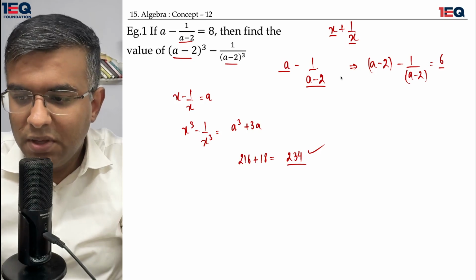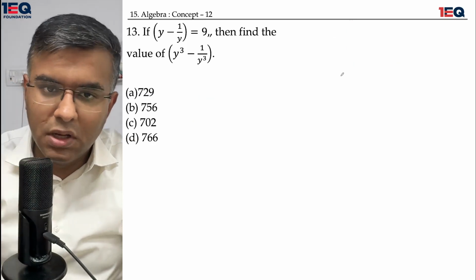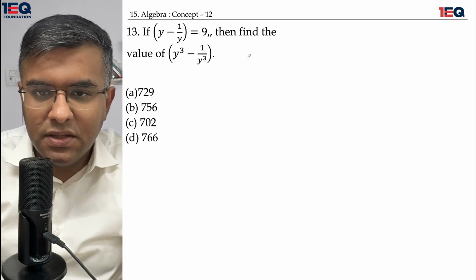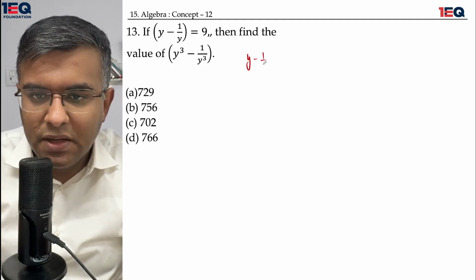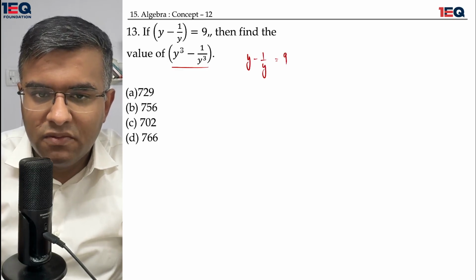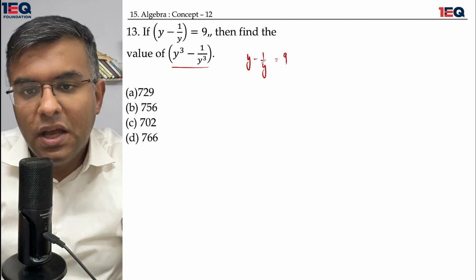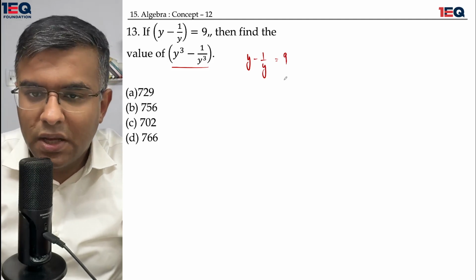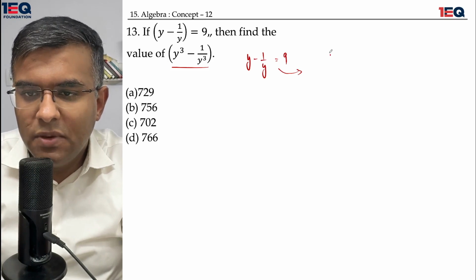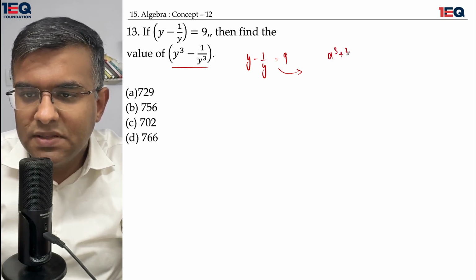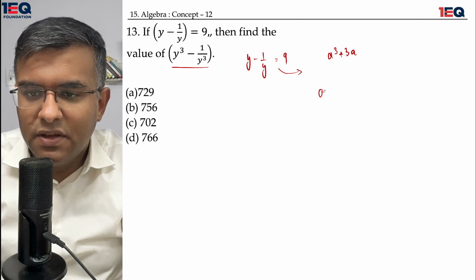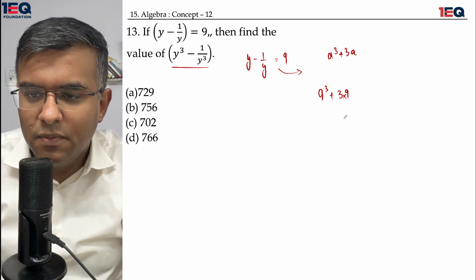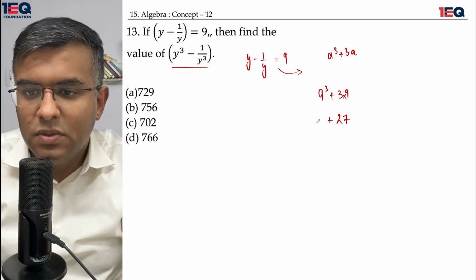Okay, let me move on. Now talking about this simple question, if the value of y minus 1 by y is equal to 9, then I need to find out the value of y cube minus 1 by y cube. I have y minus 1 by y equal to 9. Now the same formula I'll be applying. A cube plus 3a. A cube I have here is 9 cube plus 3 times 9. 3 nines are 27 and 9 cube is